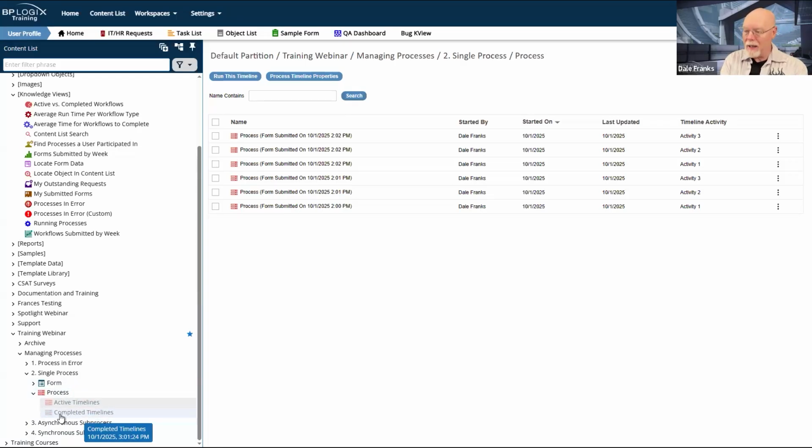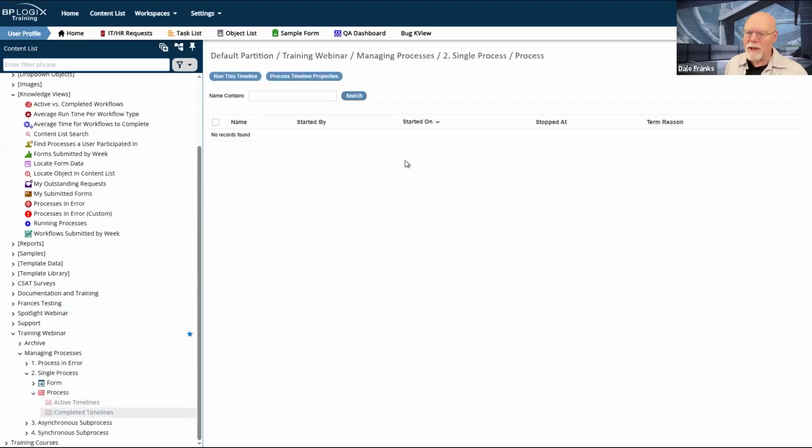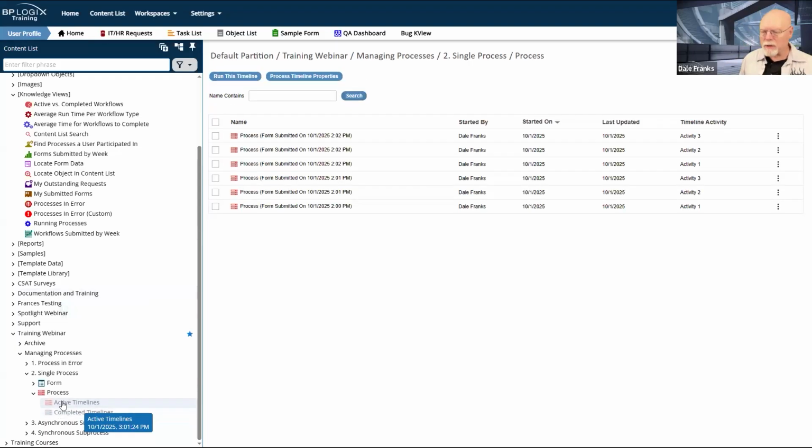We are currently looking at the active timelines because I have 6 different timelines running. There are no completed timelines because everything is in process. So for our purposes for this particular process, all we really care about currently are our running active processes.